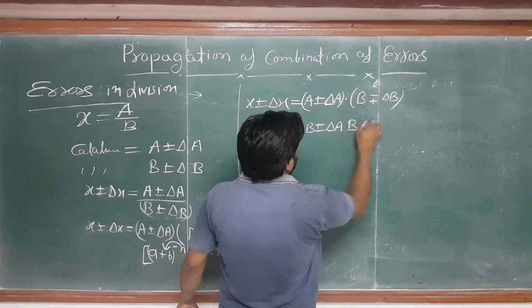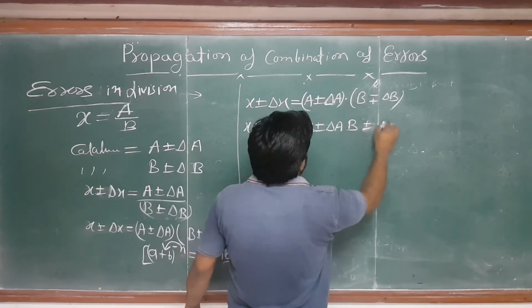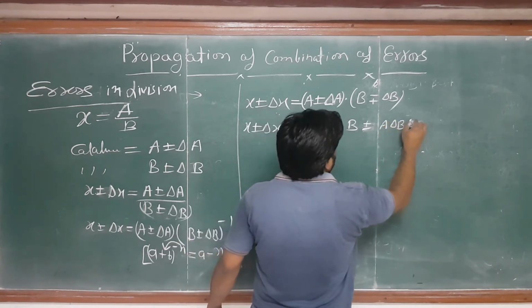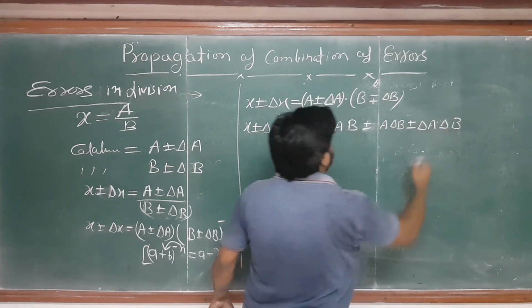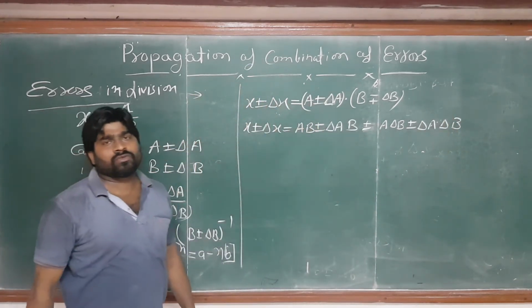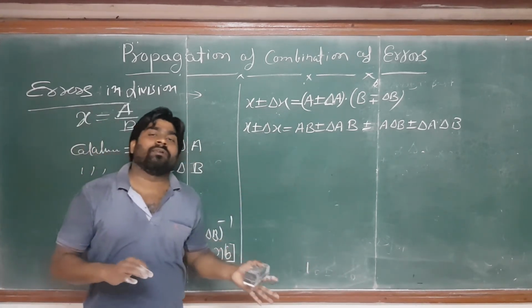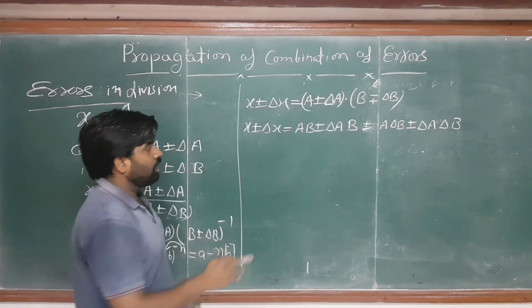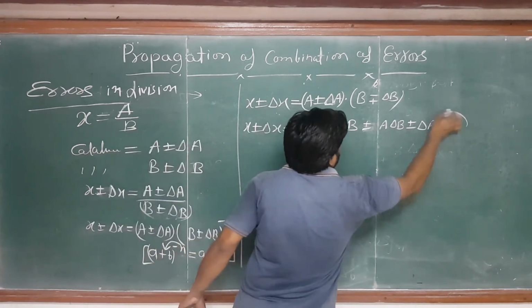So I am writing plus minus here, no problem. a dot Δb and plus minus Δa dot Δb. I ignore that the upper will be minus and the lower will be plus. Okay. Now the Δa dot Δb, as I told you, the product of Δa and Δb, they are quite small, so their product will also be small. Just ignore it. So I ignore it in the product.